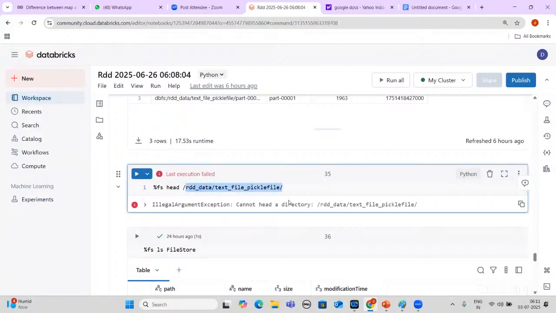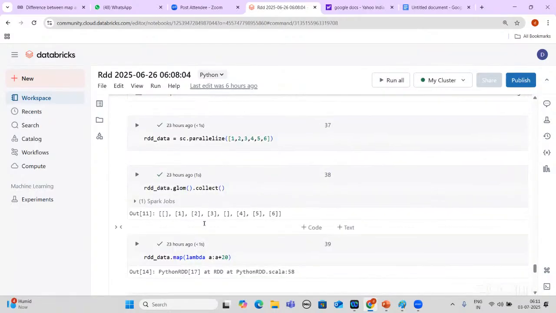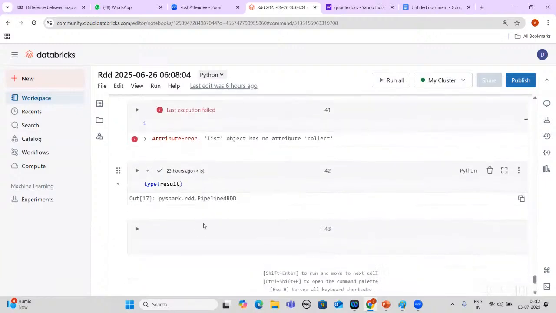The issue you got is that whenever you are using a pickle file, that pickle file is going to be stored in Parquet format. Parquet format is nothing but it is stored in partitions. Why? Because we are using serialization and deserialization at the backend. So this file is stored in the Parquet format, and you can see how it looks in that format.